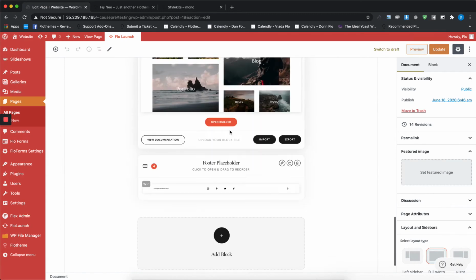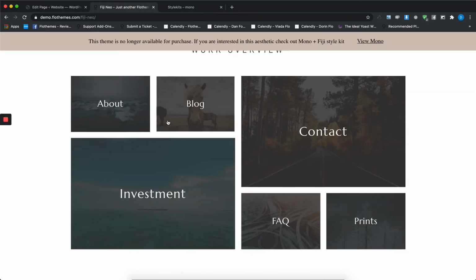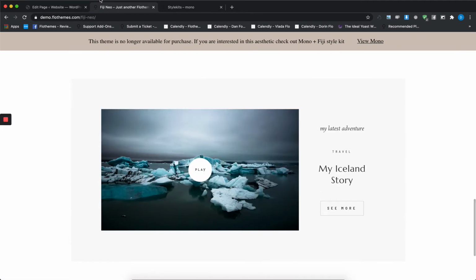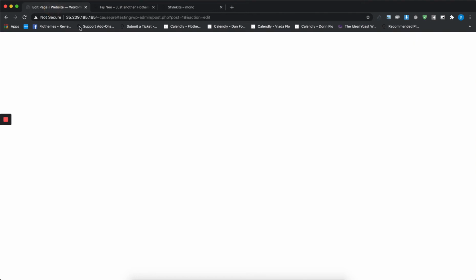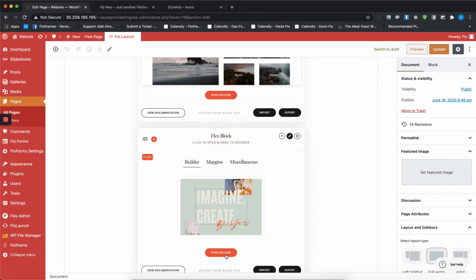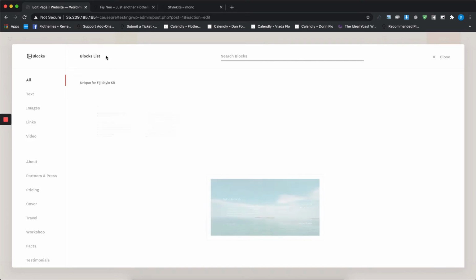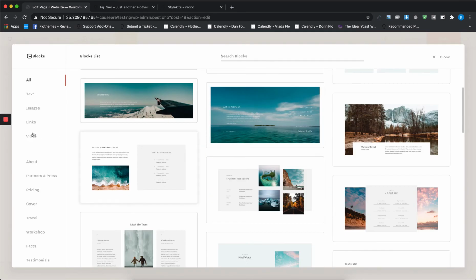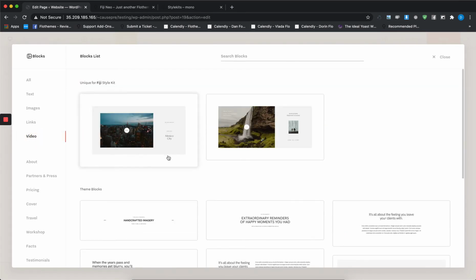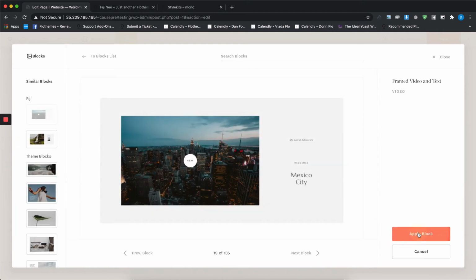Right, the next one. Let's see what we have there. It's the video block. This is available in flex block as well as a unique block. So add a new flex block, open builder, go to blocks, and then you can just click on video, and there you'll find the one that you need. Same thing, click on apply,